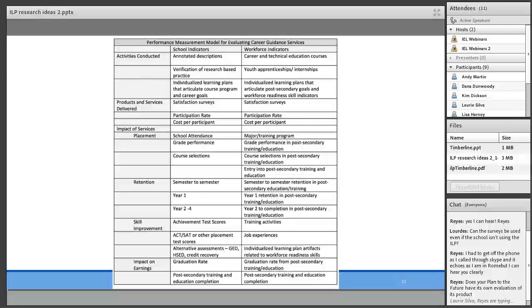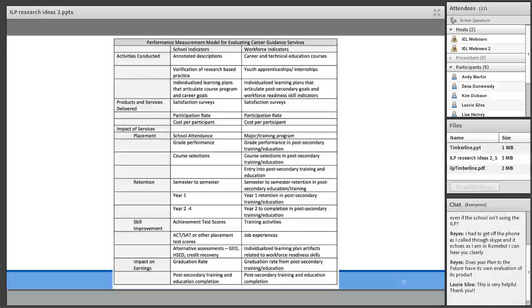So Reyes' question initially is, does your plan for the future have its own evaluation product? Yeah, they don't really have their own evaluation. What they have, though, are reports, and it's from those reports that we can conduct an evaluation. So we can find out how many students have actually entered information in their portfolio. We can find out what information was there, so how many of them did an interest survey, how many of them